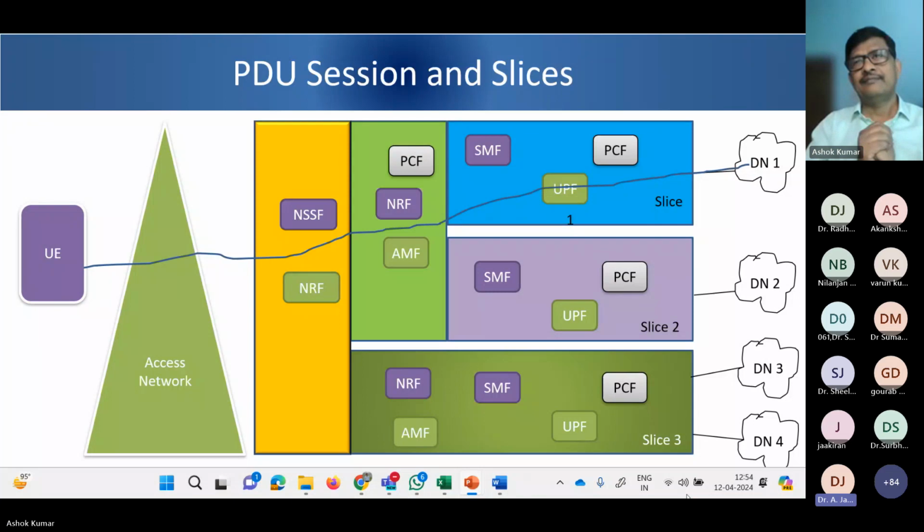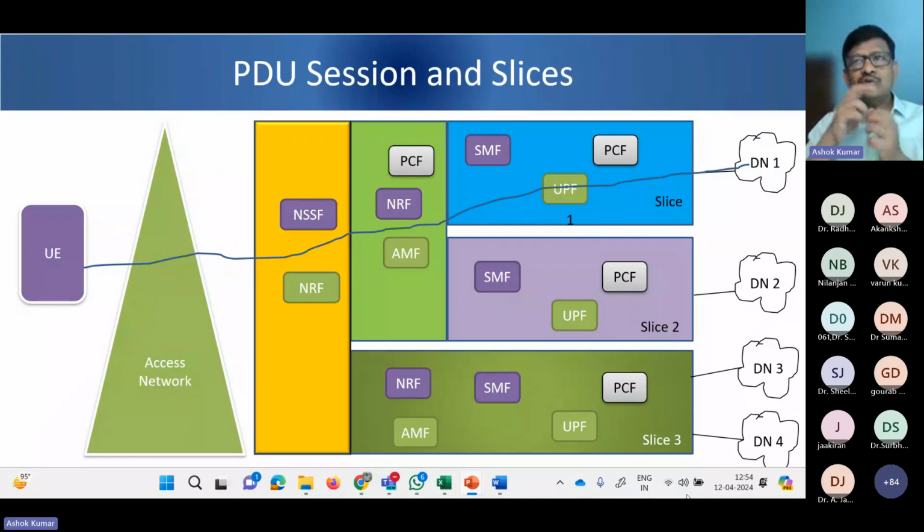In case in one particular area some of the slices are not used by anyone, is it not a waste? That's what I said: when we talk about RAN slice, basically area, when we say area, we are talking about the coverage from the radio, because the core is common, right?